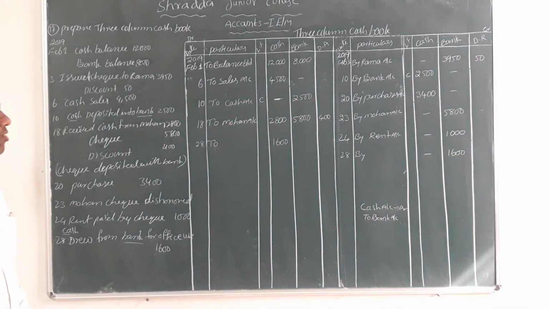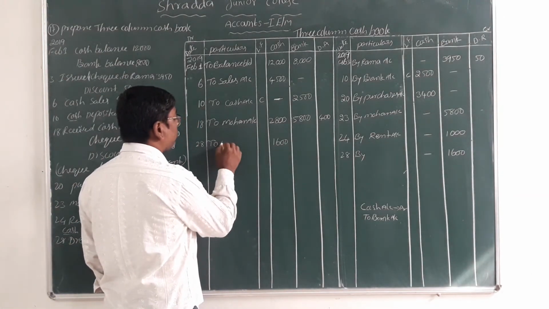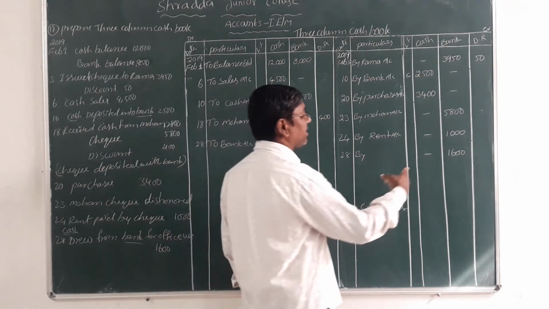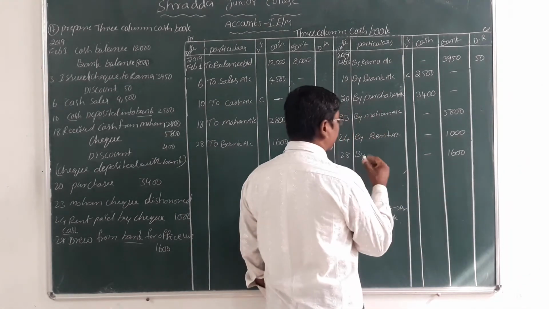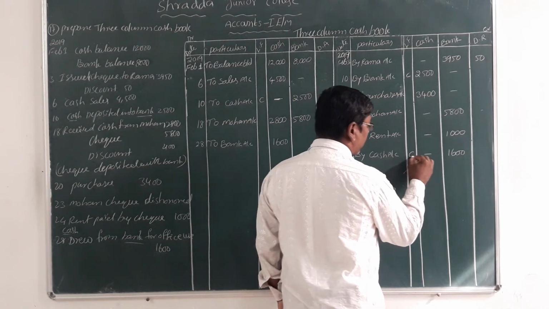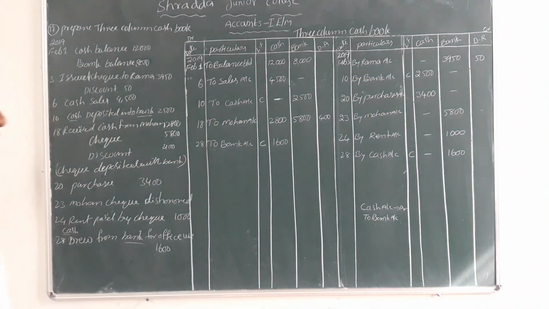It's clear now. Now how can we record that? We record it in the cash account. What can we write here? To bank account, the opposite. Now here we record the amount in the bank column. But what can we write here? By cash account. It is a contra entry. Both are contra entries, friends. Why? Because only one transaction is recorded on the debit and credit sides, that means the opposite side records the single transaction.